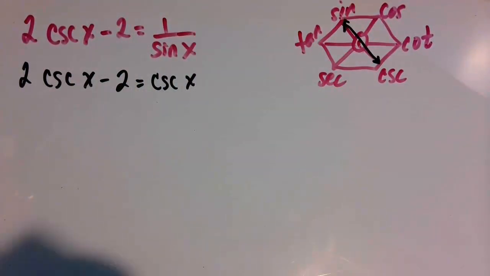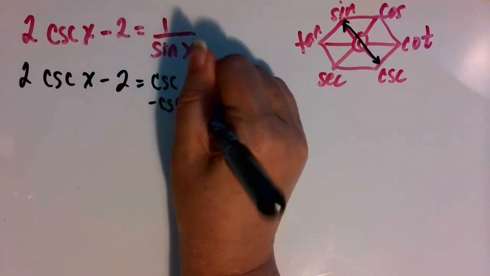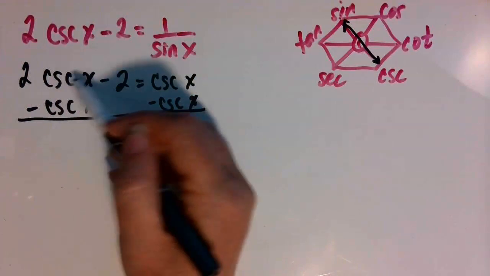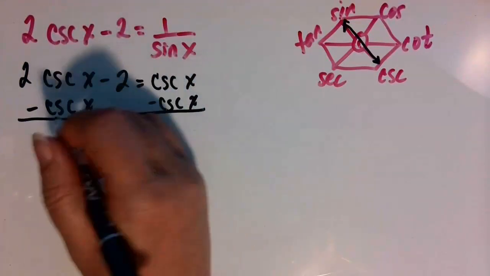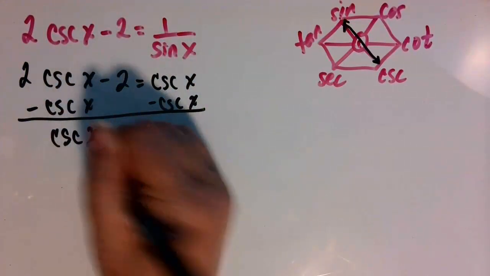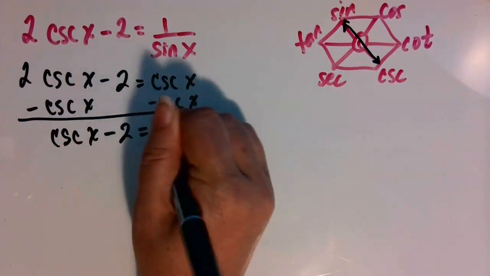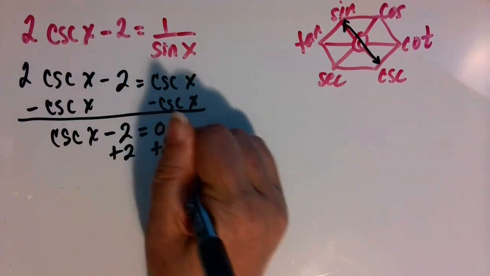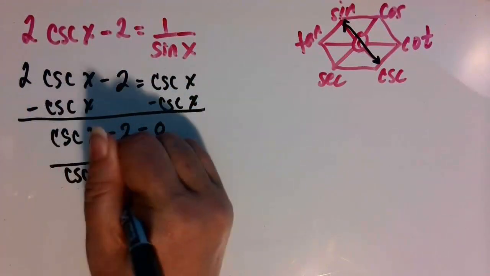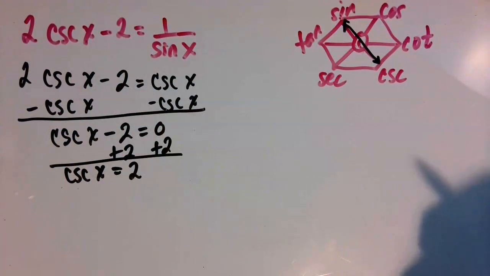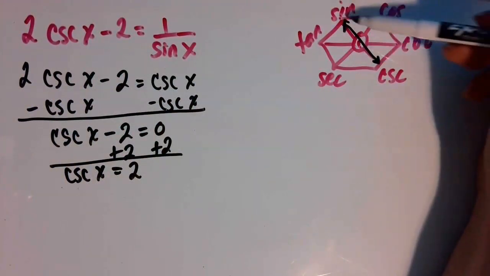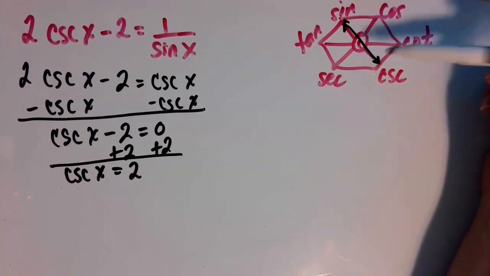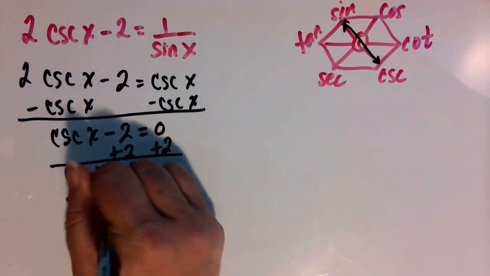Okay, then if we subtract the cosecant of x from both sides, 2 cosecant of x minus 1 cosecant of x leaves 1 cosecant of x. Then we're going to add 2 to both sides, and the cosecant of x is equal to 2. Now, cosecant, we said, is the reciprocal of sine, so I can apply that reciprocal identity again to get sine